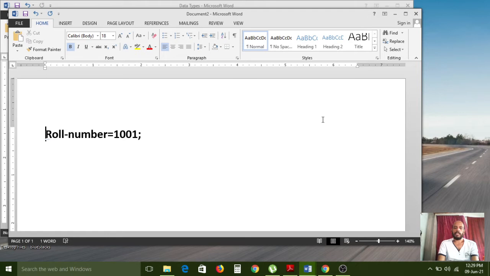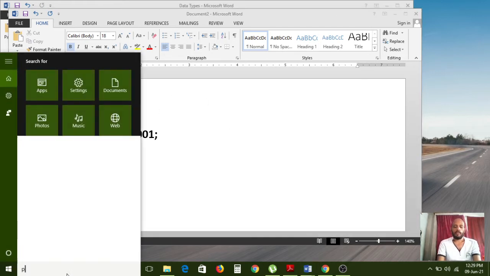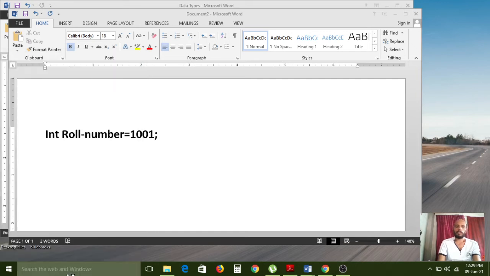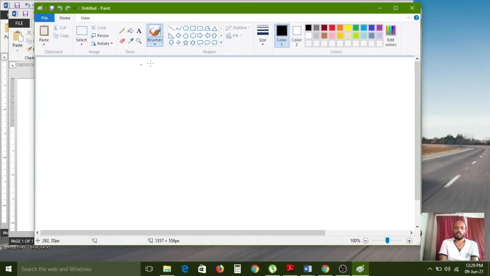But before declaring any variable, one data type must be declared and used. Only then, while the program is running, will the roll number get memory. I will explain this diagrammatically.